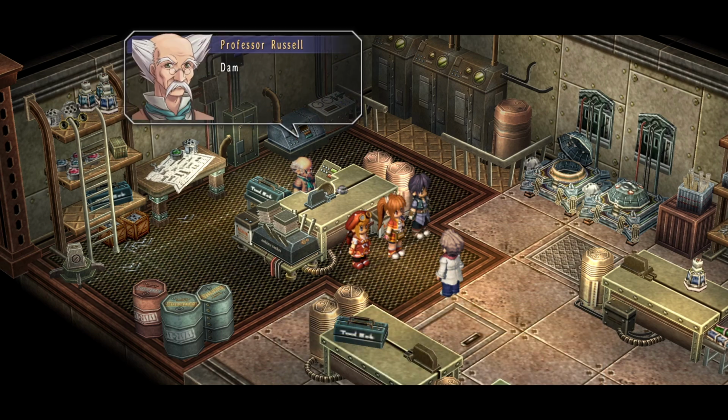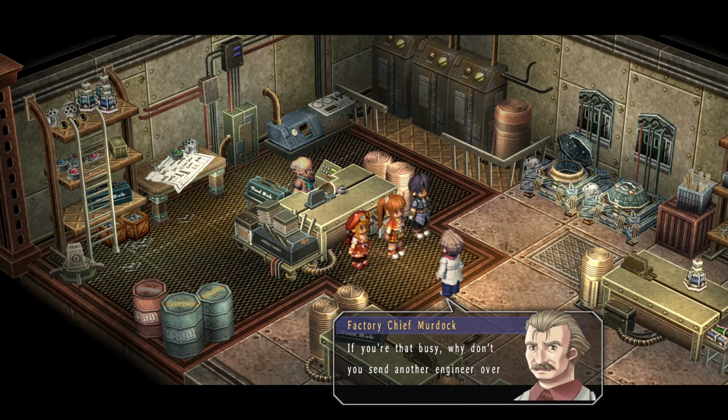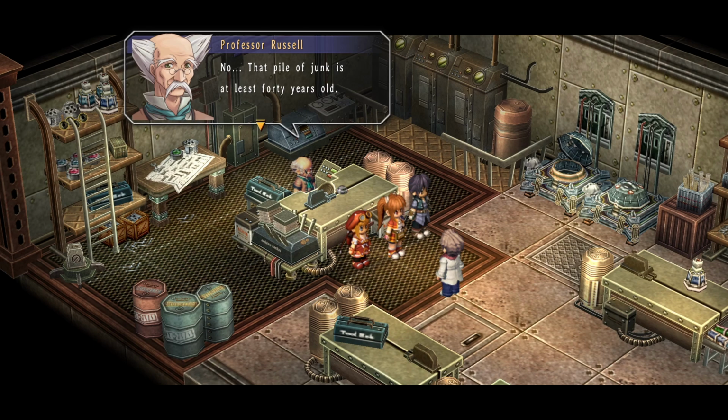Ah, you must be kidding. Darn it, of all the times for this to happen. If you're that busy, why don't you send another engineer over? No, that pile of junk is at least 40 years old. The younger techs have no idea what to do with anything that's not state-of-the-art. What a pain in the...